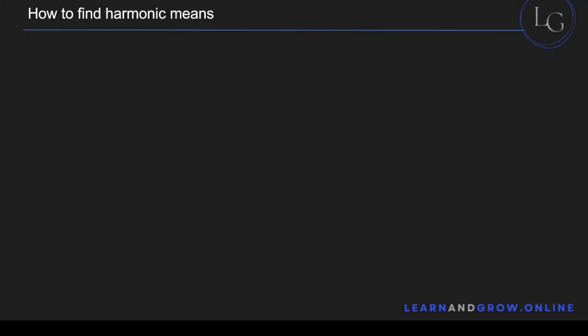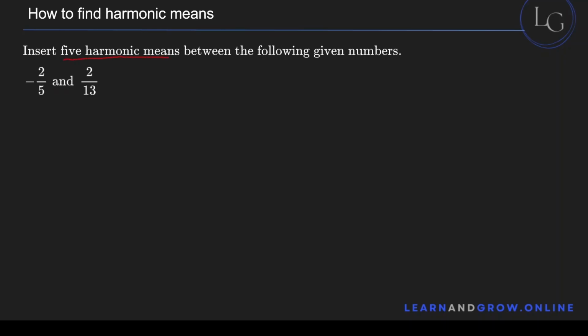Now we have to find the harmonic means, and we'll see how to do this by a question. The question says we have to find 5 harmonic means between the two given numbers, minus 2 by 5 and 2 by 13. So this comes down to a total of 7 terms, because this is the first term, and then we have the 5 harmonic means, and then we have this as the last term, and so this will be the 7th